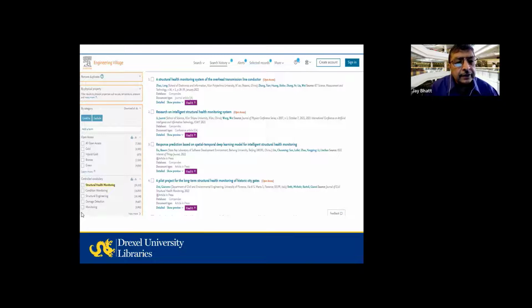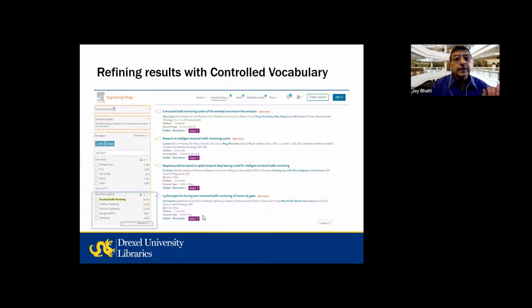But here, we want to bring your attention to something called controlled vocabulary. And it tells me structural health monitoring, condition monitoring, structural engineering, damage detection. And you can apply this to all other subjects. So if you're doing ultrasound imaging, you can do that too. But now I want you to look at the view more option. Why? Because you want to refine your searches. When I click on view more,